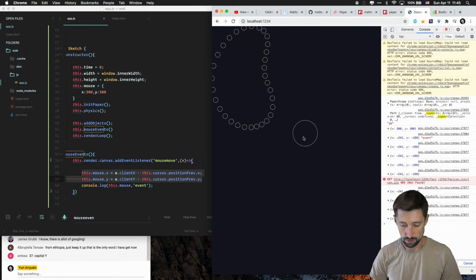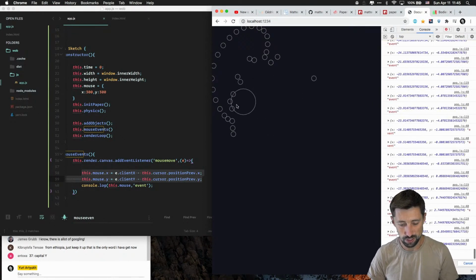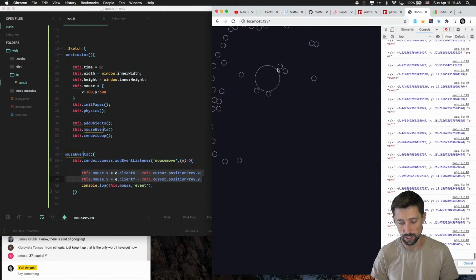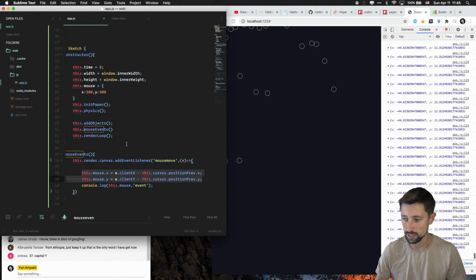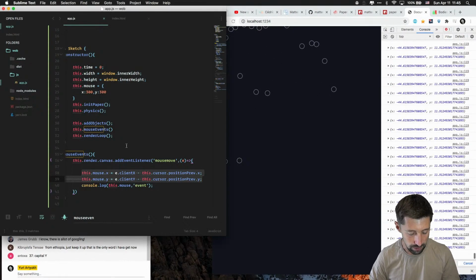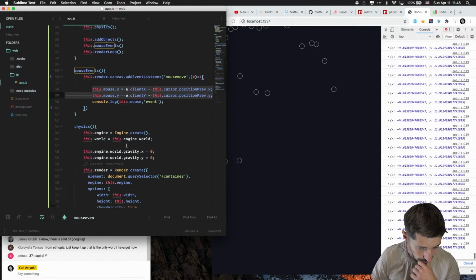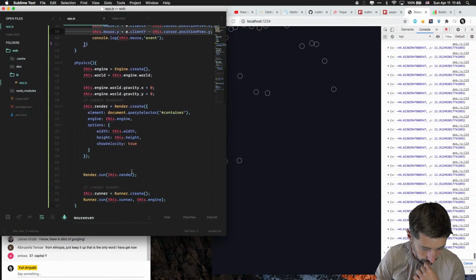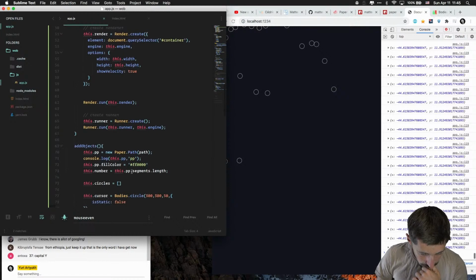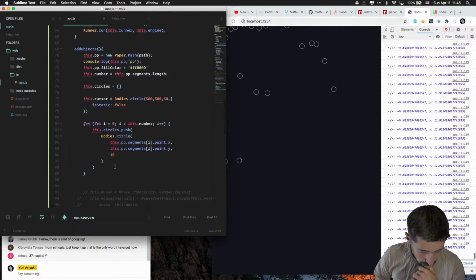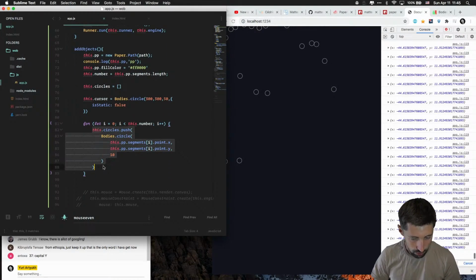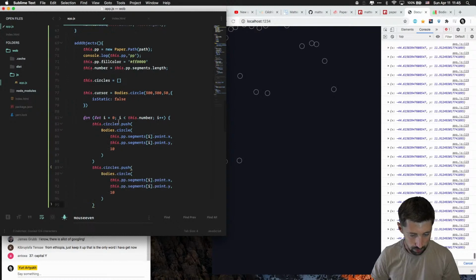Let's restart it all. Okay, and now I can interact with the objects, but I can change their places, and this is not cool, right? To fix that, I will need to add some anchors for them, so they stick to the places they are at. Let's do that. So when I'm adding the objects, not just adding the circles, I'm going to also add